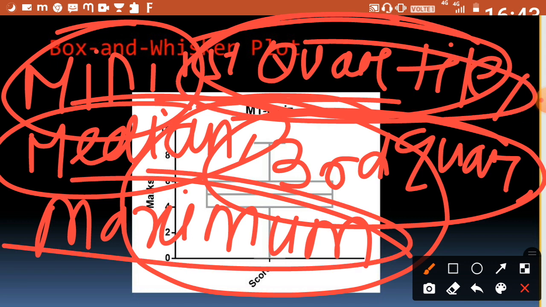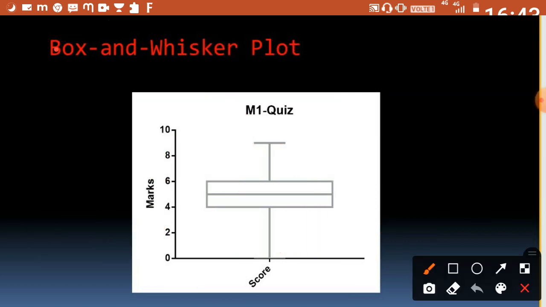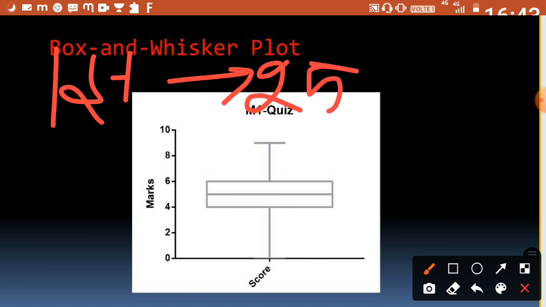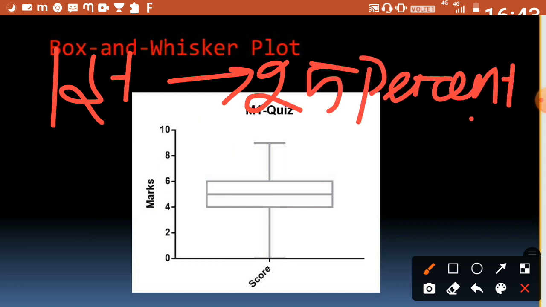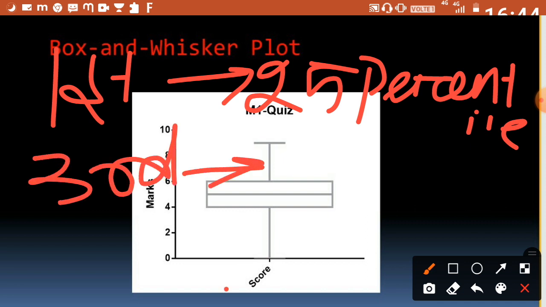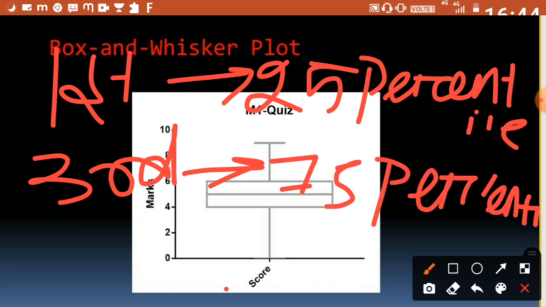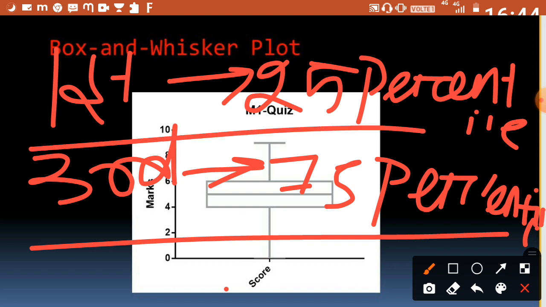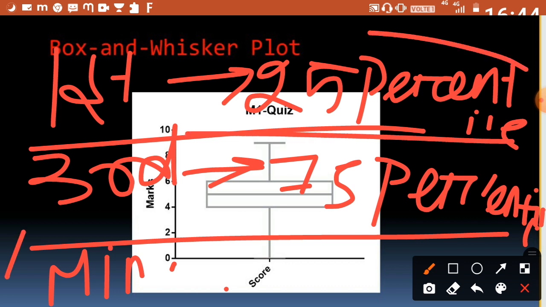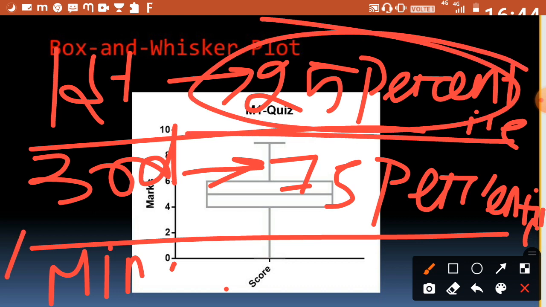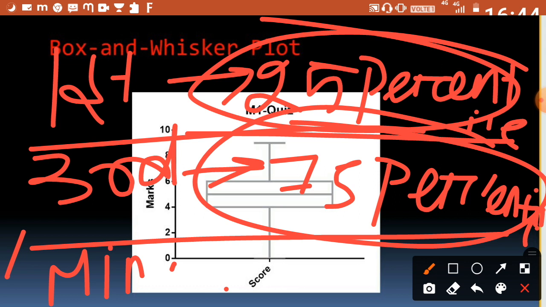So we know how to find the first quartile. The first quartile is the 25th percentile. Let me write it. Your first quartile is your 25th percentile. Then you know what the median is, right? Then there is your third quartile, and what is the third quartile? The 75th percentile. So from the given data find the minimum value, then find the first quartile, that is your 25th percentile, then find the third quartile, that is your 75th percentile, then the median as well as your maximum point. Then it's easy to plot.